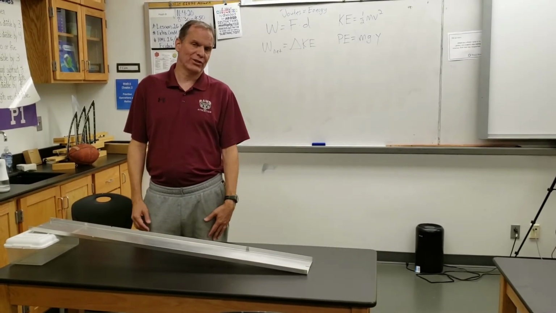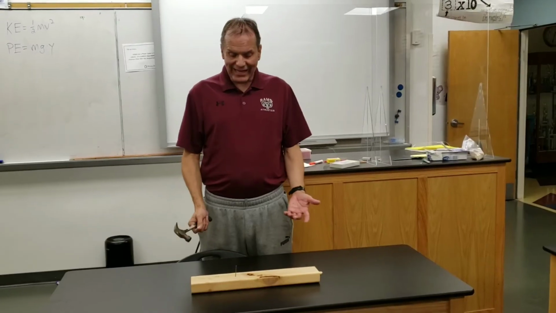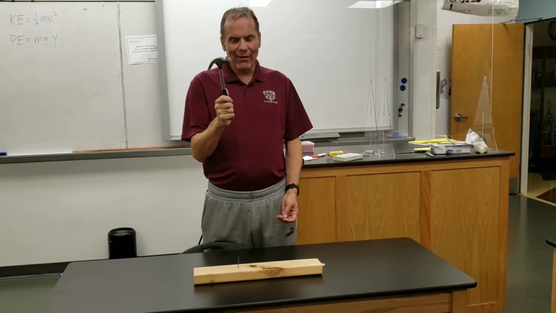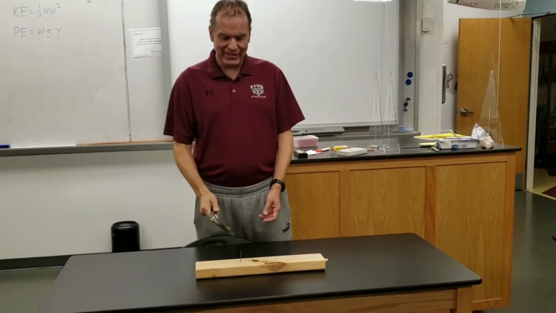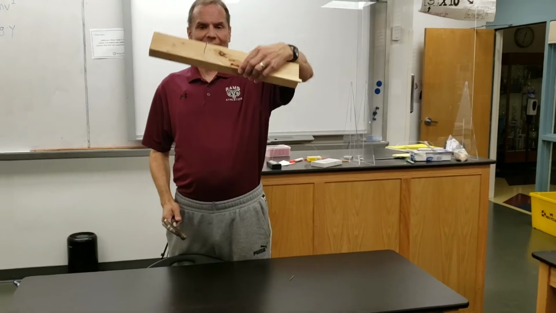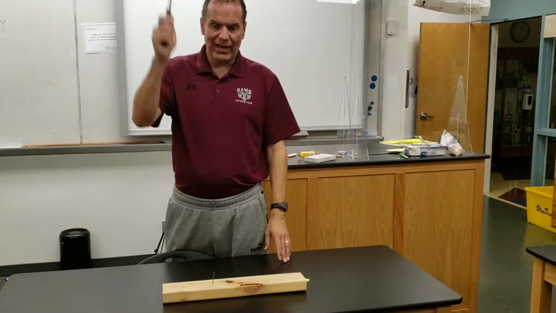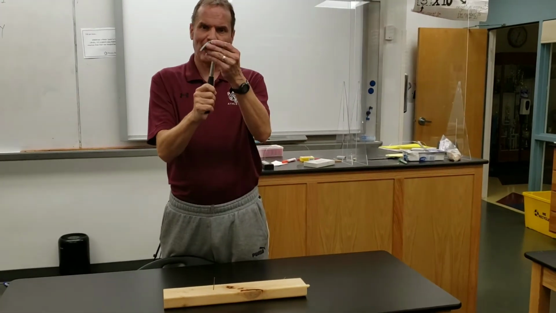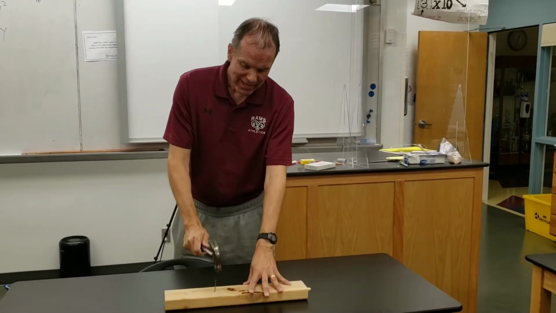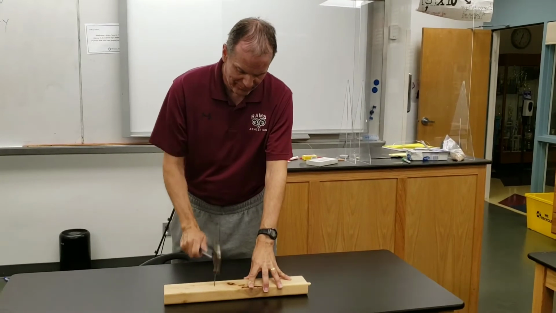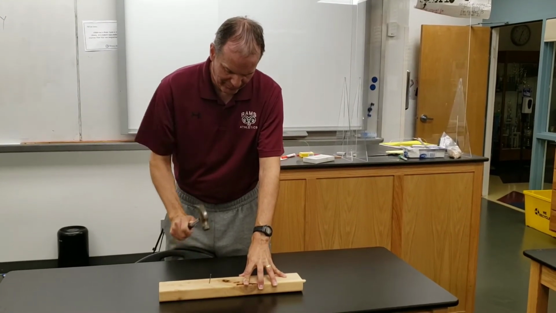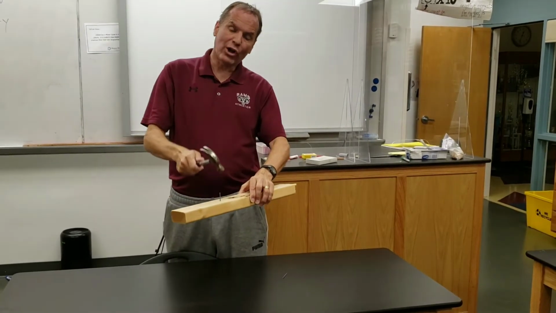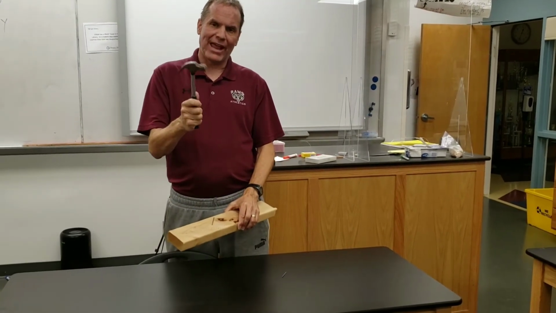Our second example is using something that has some force and that we can convert into work. So what I have is a piece of board with a nail in it. I have a hammer. If I make motion with the hammer, I'm having kinetic energy with the hammer, and it's got mass to it, so it's going to do that. And so very simply, I can pound the nail in with the work that I'm doing from the kinetic energy of the hammer into